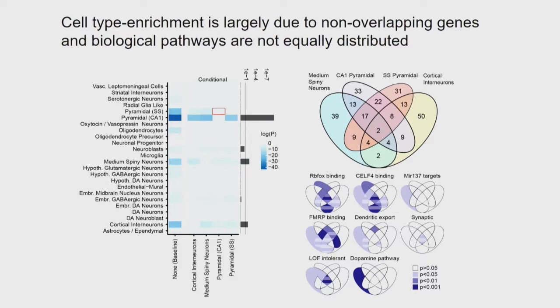And you can see the largest numbers are these that are only expressed in a single cell type. But there is some overlap in between. So we did this analysis, and we can now say that the different gene sets, the RBFOX binding genes, they're enriched in the pyramidal cells. Anything that has to do with the dopamine pathway is completely specific for medium spiny neurons,